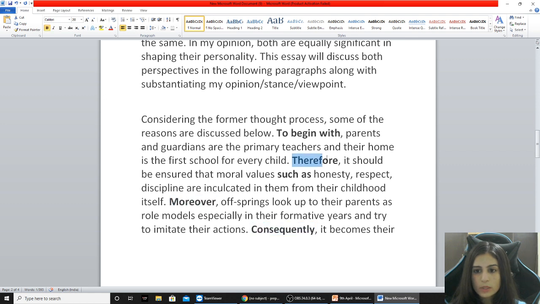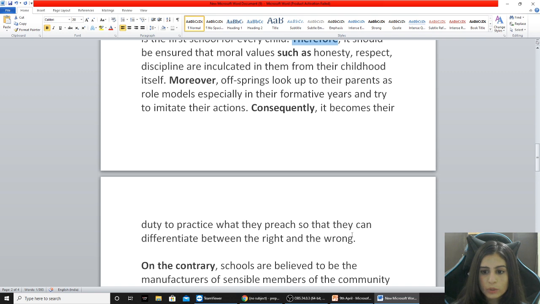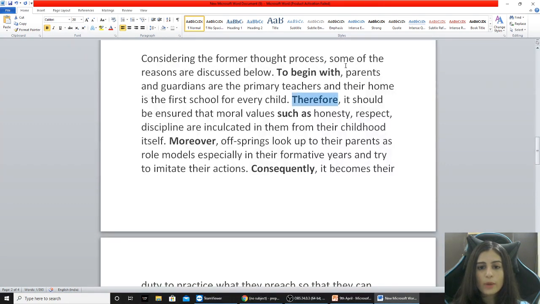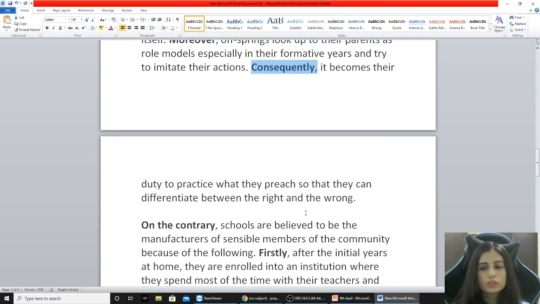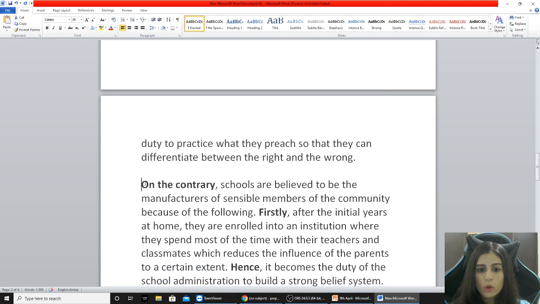Consequently and therefore were similar. Remember, when you're giving some repercussion or reasoning. So consequently, it becomes their duty to practice what they preach so that they can differentiate between the right and the wrong. So far we have discussed parents, and when we were adding similar information, we wrote the word moreover. When we were giving an example, we wrote such as, and when we were giving some reasoning or telling about the repercussions or what will happen, we have written consequently. Okay. Now, on the contrary,